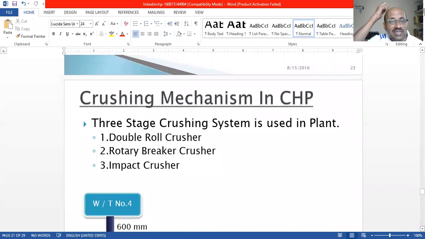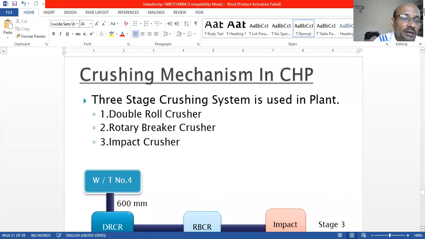In the syllabus we only have coal handling equipment. So now we will see what the stages of a crushing system are. A double roller crusher will be there: there will be a double roller, and the coal will be dropped in between and crushed to whatever size is required. Then the rotary breaker: through rotation the coal will be broken by sudden impact, and we crush it together. So we use all these different methods for different purposes.